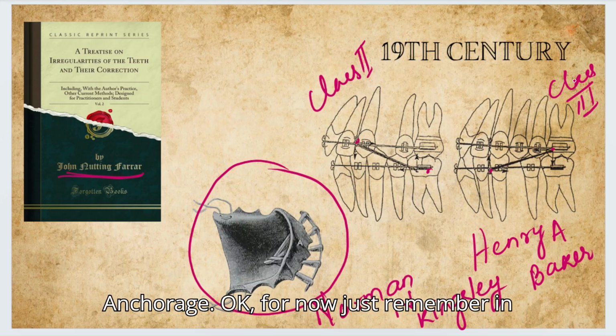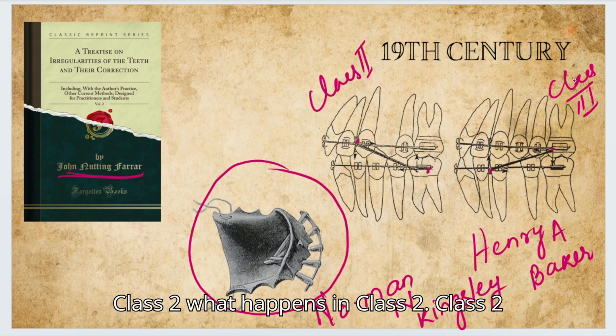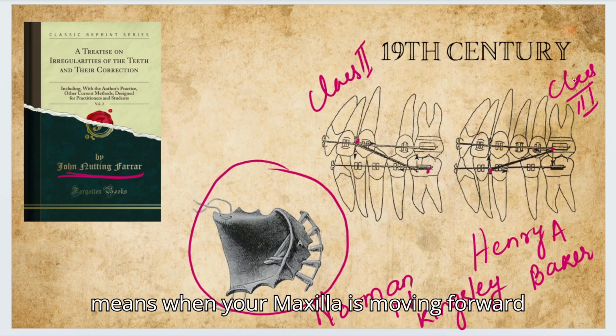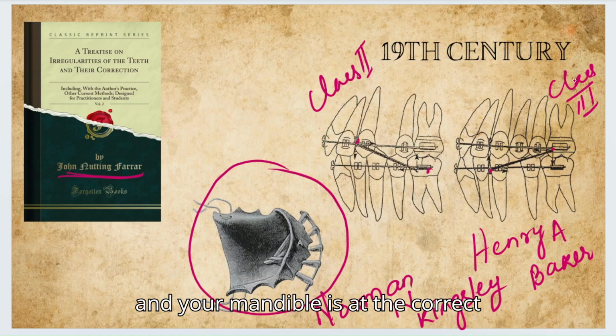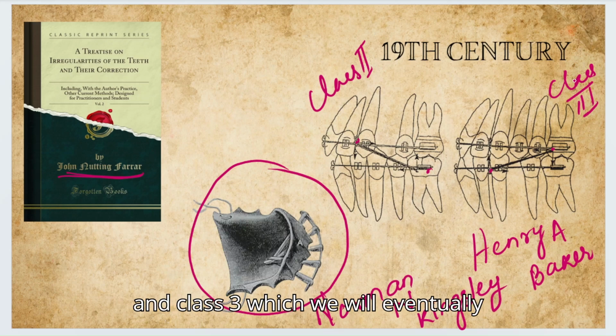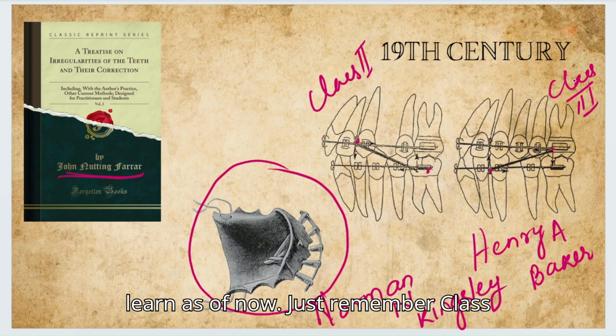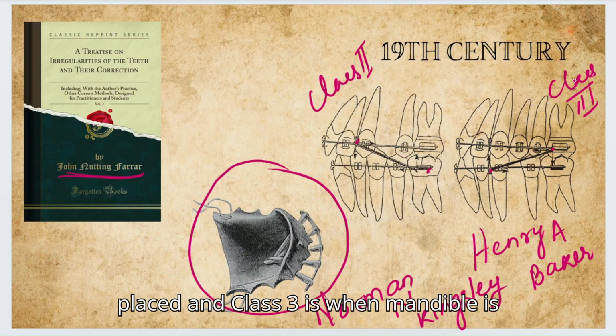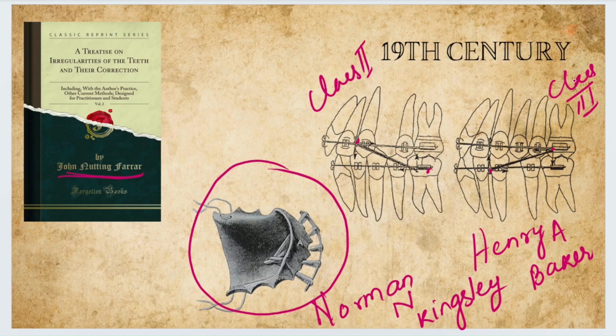Okay, for now just remember what happens in class 2. Class 2 means when your maxilla is moving forward and your mandible is in the correct position. Class 3 for you people. Okay, there are great things about class 2 and class 3 which we will eventually learn. As of now, just remember class 2 is when the maxilla is forwardly placed and class 3 is when the mandible is forwardly placed. Correct? Next came